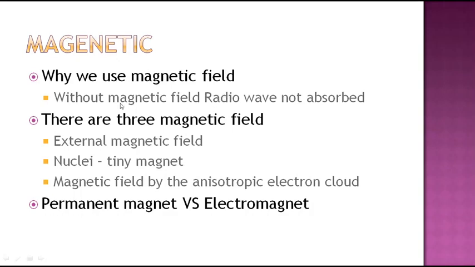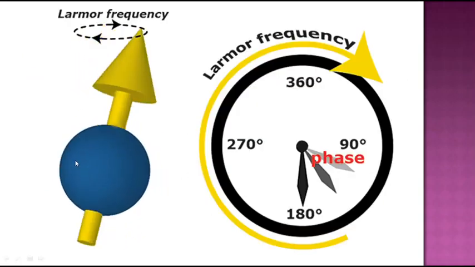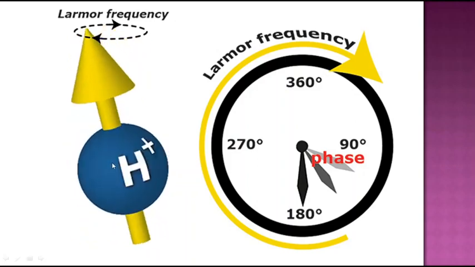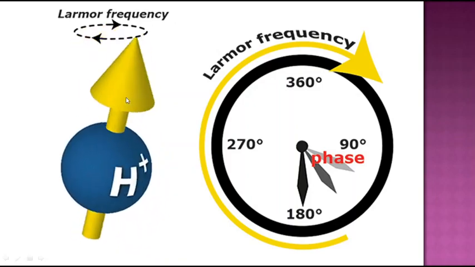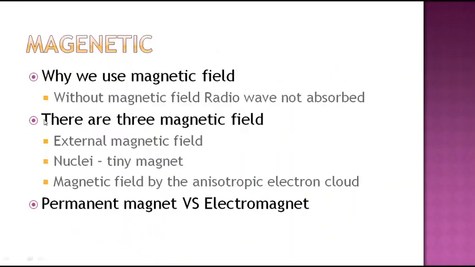And that is the external magnetic field we are speaking about. Apart from that, there are other magnetic fields in the molecule itself. There are 3 magnetic fields involved in this technique. One, we apply an external magnetic field, and then each nucleus, that is each spinning nucleus, a proton, has a positive charge. When the positive charge spins, it produces a magnetic field around it, and therefore each nucleus is considered as a tiny bar magnet.